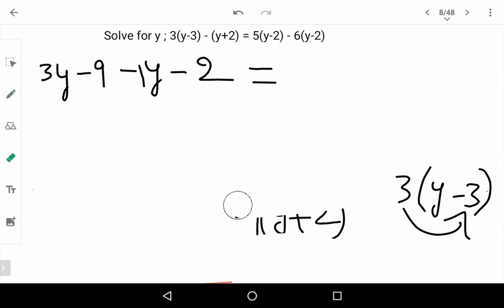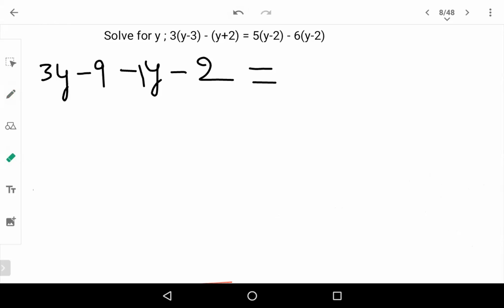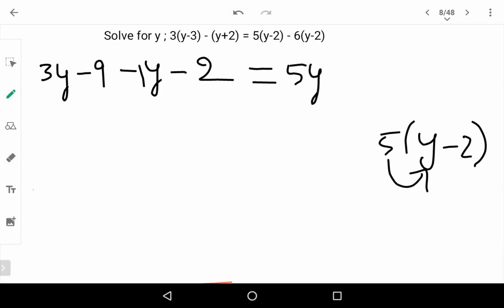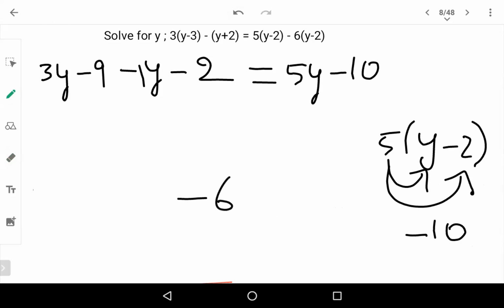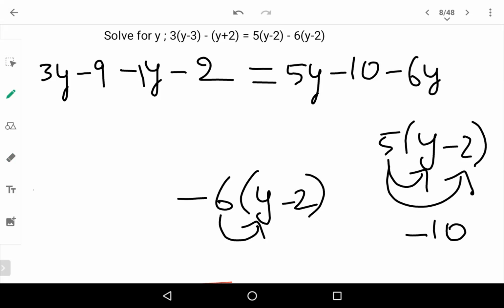Next, on to the other side, let us simplify this. 5 into y minus 2. So 5 into y is 5y. 5 into minus 2 is 5 twos are 10. Since the sign has to remain, minus 10. Then minus 6 into y minus 2. So minus 6 into y is minus 6y. Minus 6 into minus 2. Minus into minus is plus. So minus 6